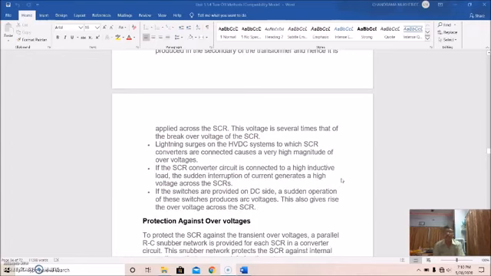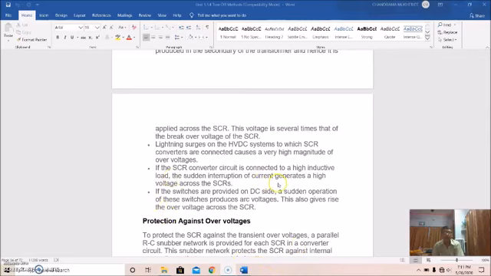Another may be due to lightning surges on HVDC systems, high voltage DC systems, to which SCR converters are connected, causing a very high magnitude of overvoltage. This is the second case. The third one is the SCR converter circuit connected to a highly inductive load, where sudden interruption of current generates high voltage across the SCRs, because you know the change of current in an inductive circuit generates a voltage that is equal to